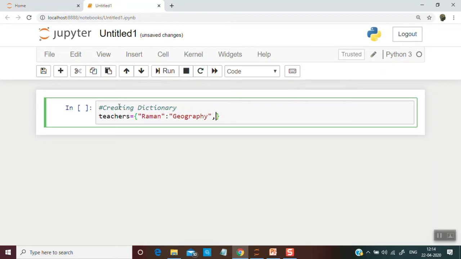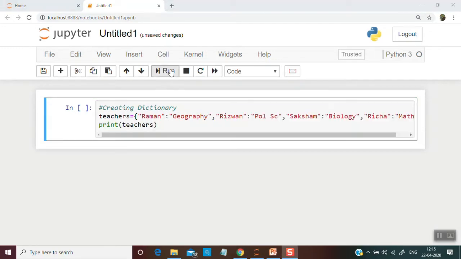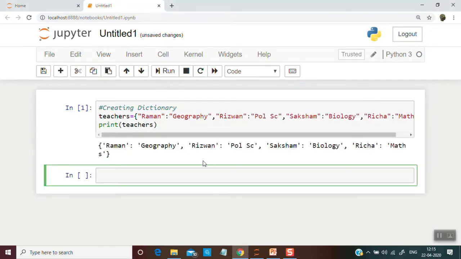We will take a few more teachers' names along with the subject. After creating the dictionary, we will print it and we get the values like Raman, Geography, Rizwan, Pol Science,